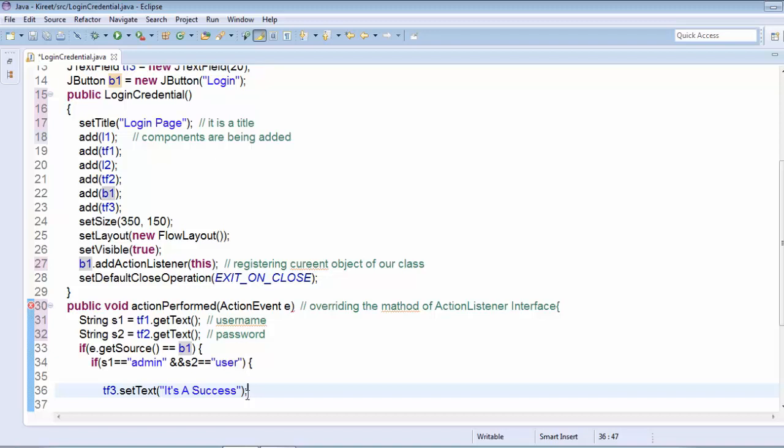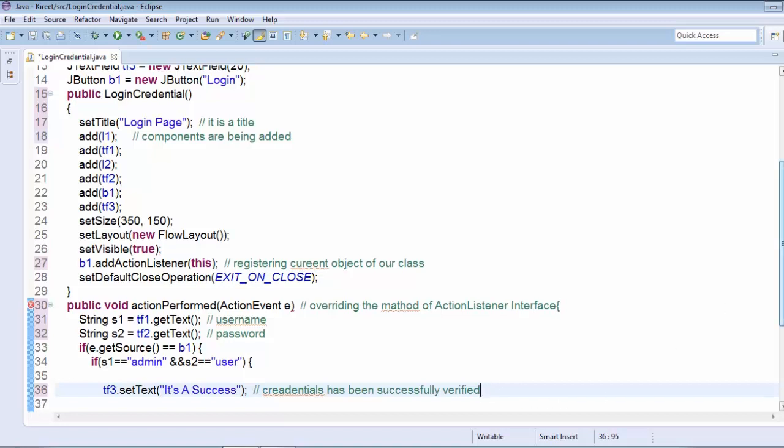It means the credentials have been successfully verified. So if the credentials are verified, then it will return that it is a success, and this message will be displayed on text field 3.